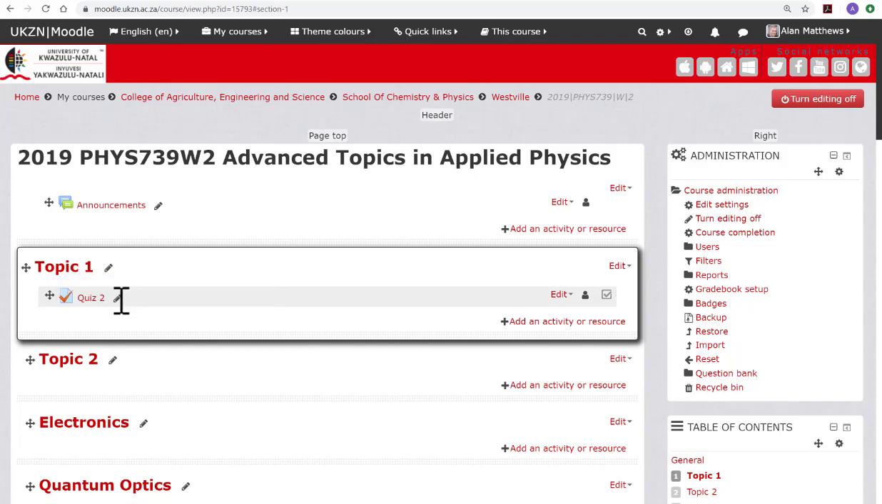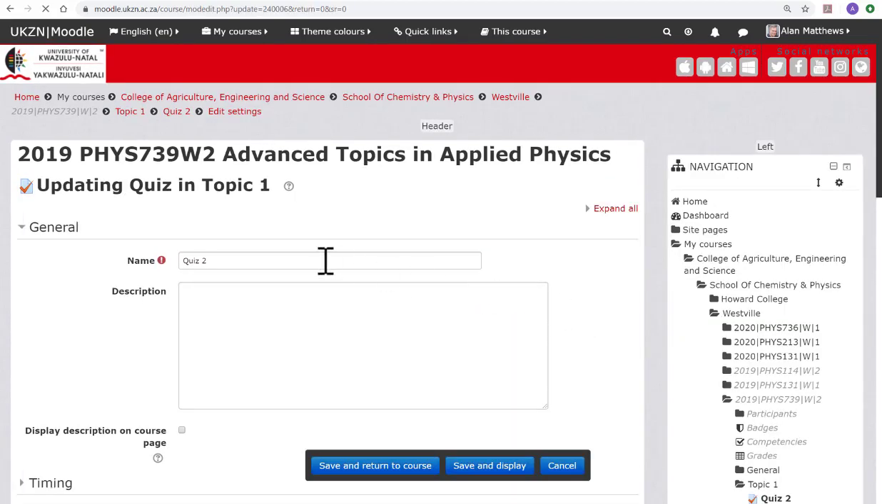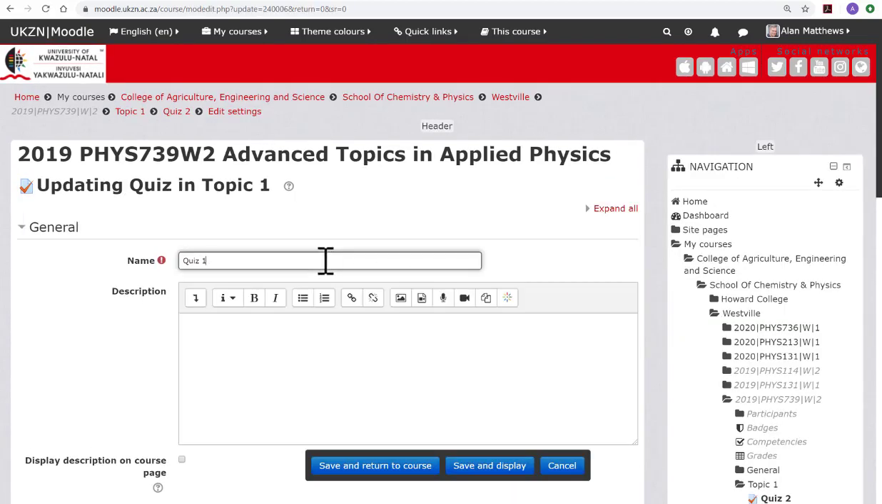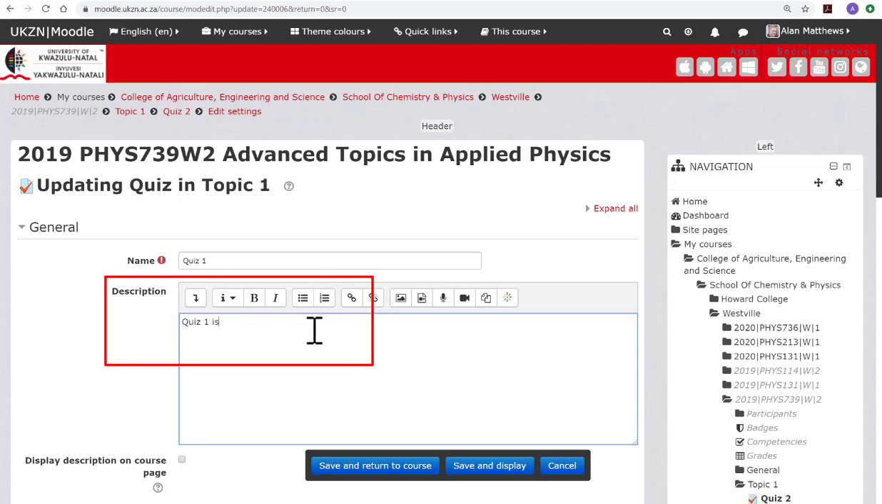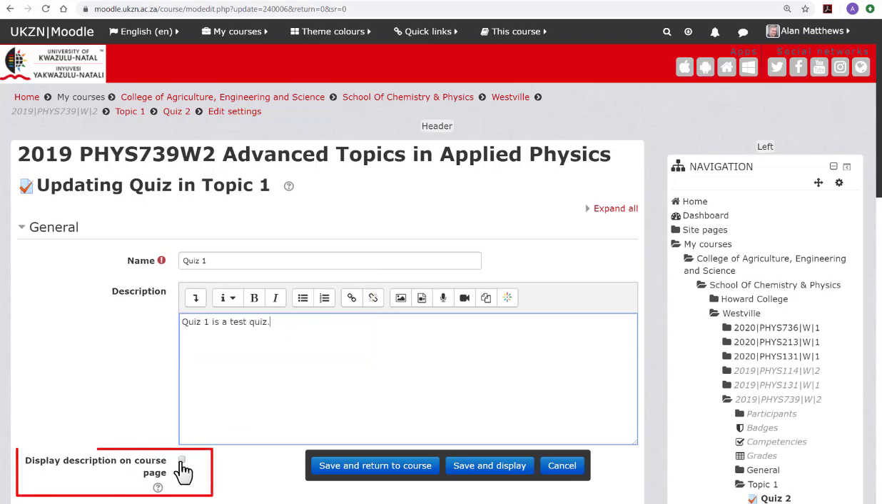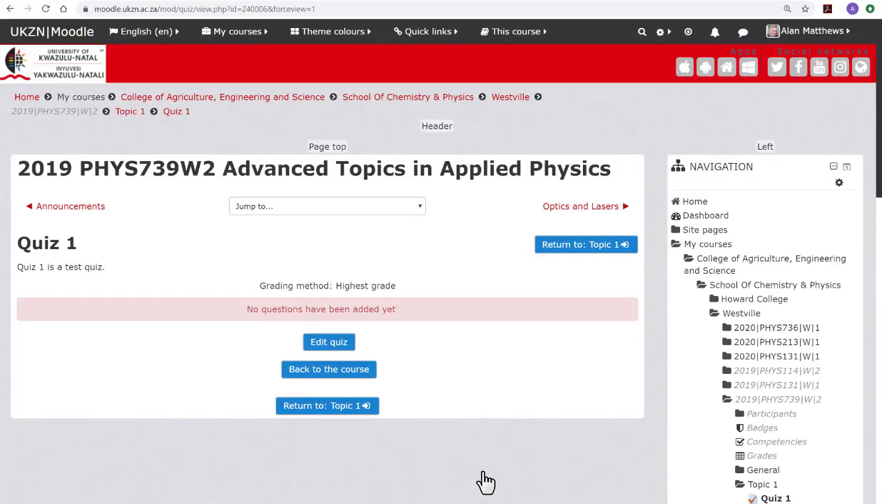Its name can also be changed by going back into the setup page. Open the Edit menu on the right and select Edit Settings. Let's change the name, and this time add a description and select the option to display it on the course page. This time, exit with Save and Display, which adds an intermediate step before returning to the course by opening